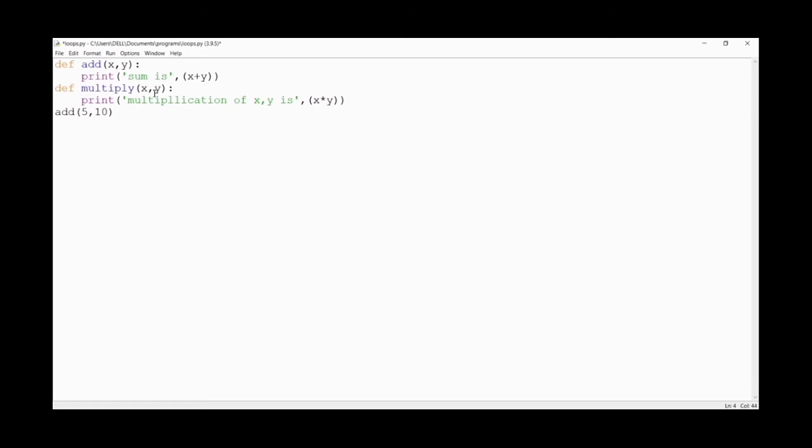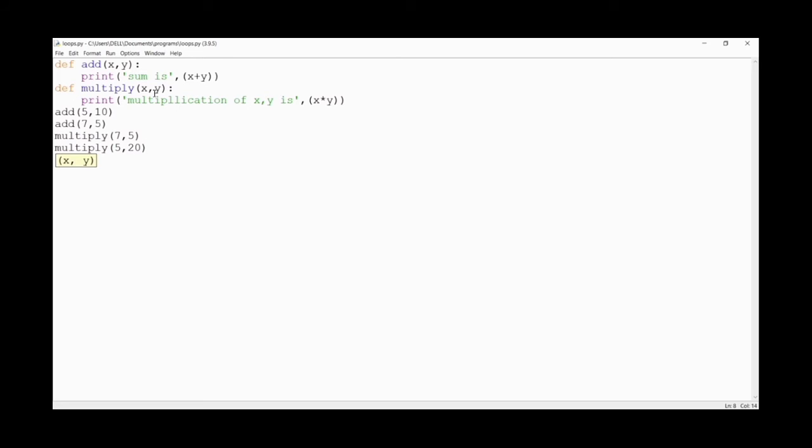Let's close, and give sample inputs: add 7 comma 5, and for multiply 7 comma 5, and another example of multiply 5 comma 20.